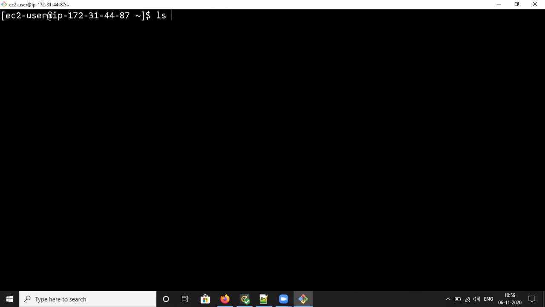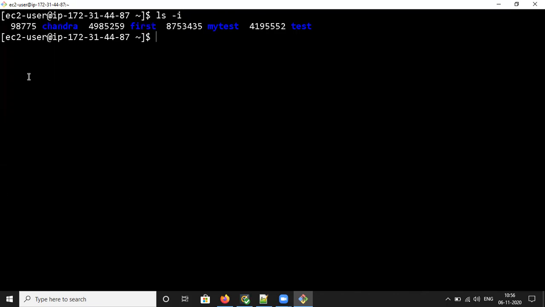In Linux, for each file or directory, it is going to assign one inode number. So let me show you ls -i. For every file, you can see the inode number. See, Chandra one inode number, first one inode number, my test one inode number. Like this, it will display the inode numbers.